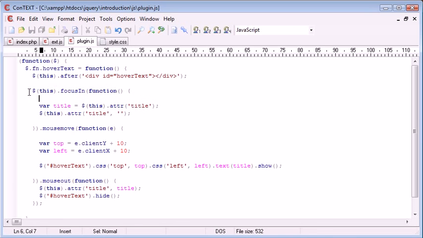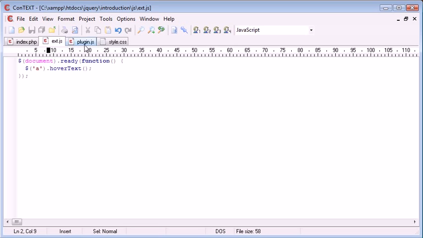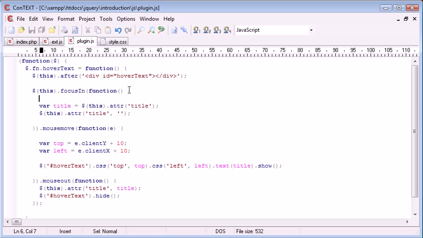So this dot focus in, which would be an a tag focus in function, we've got our function block there that lines up. Var title is equal to this dot attribute title, and then this dot attribute title is nothing, so we've already grabbed this variable beforehand. Then on mouse move, after we've focused in, we grab these and we place the title in. That was all working, so it must be some sort of small logical error on my part. Let's just try it without the var. No,